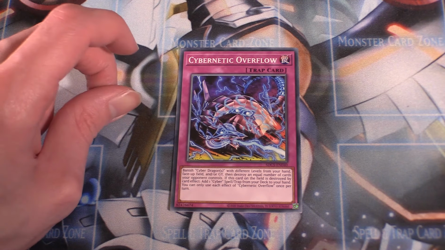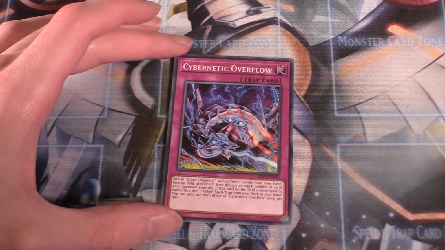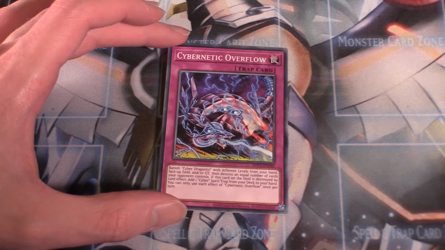We have Core, Hertz, and Cyber Dragon, so that's 3 Cyber Dragon monsters with different levels. So you can pop 3 cards on the field with this at most. Also, if it's destroyed by card effect, you can add 1 Cyber Spell/Trap from your deck to your hand. So I think 1 copy is pretty cool, just to be able to pop a bunch of cards, so definitely